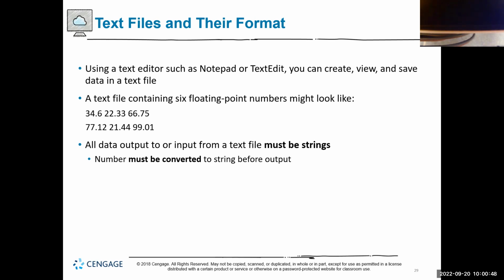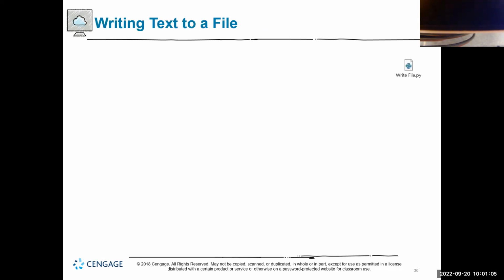The same applies when you work with the input function. Remember that every value from the user when you work with the input function is by default in string format. And if you want to use a number, you have to convert it with the int function or float function. Okay, so now if you want to write to a text file,